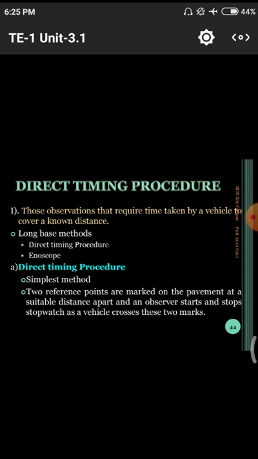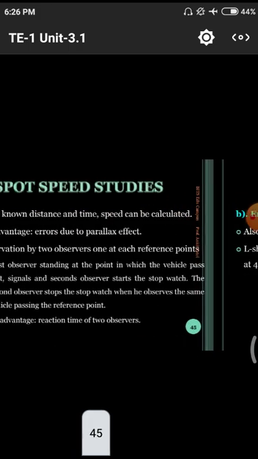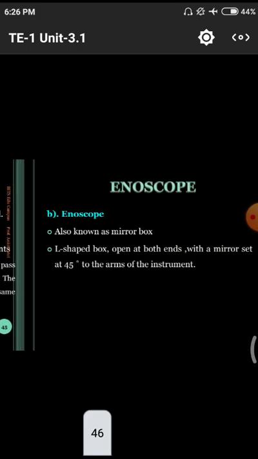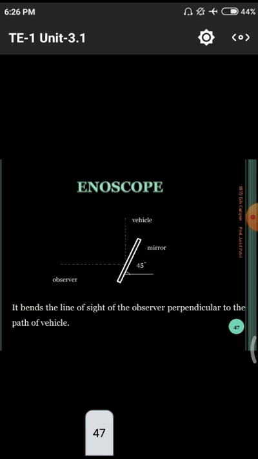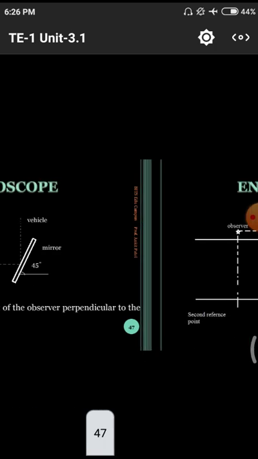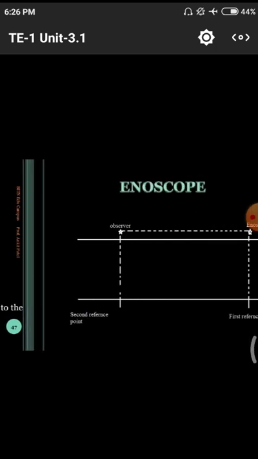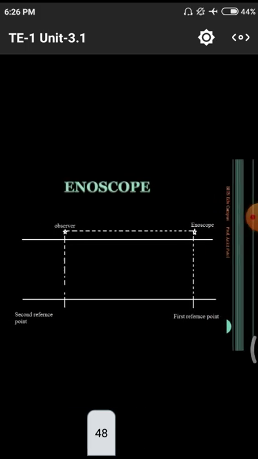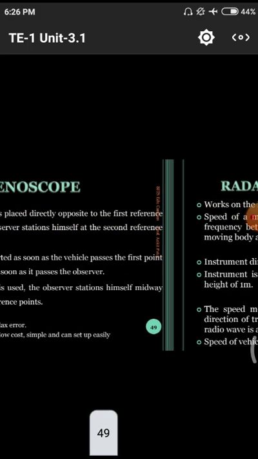And next we have the manometric methods. Simply, humans are involved in calculating the spot speed studies by using different table sheets and other equipment. In the case of the enoscope also, a single person is employed to carry out these procedures. This is the working principle of the enoscope: when two enoscopes are placed on a particular span of road, how they range the vehicular speed.